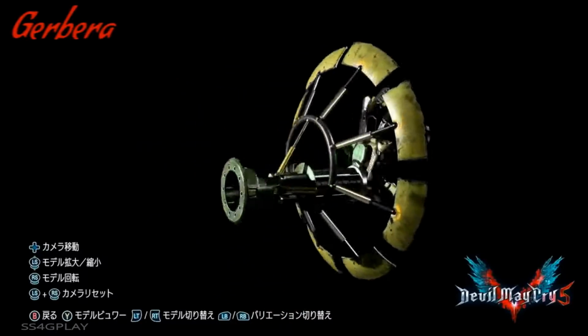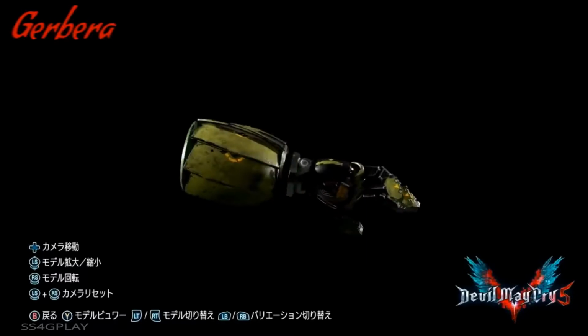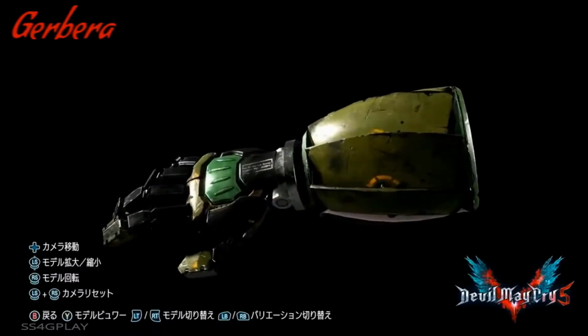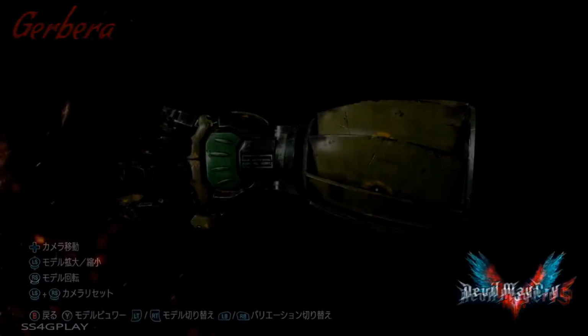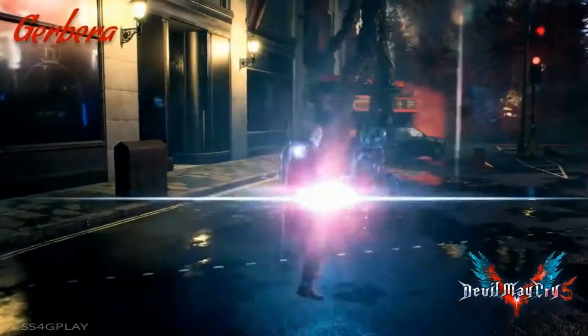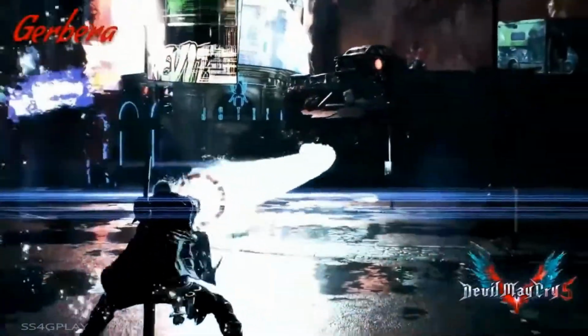And so the idea with Gerbera is that, as you can see here, when it's open like this, when it's doing its Break Gauge moves, which are the kind of charge moves that you can do with the Devil Breakers, it's supposed to look like a flower called the Gerbera. So that's where it gets its name from. And then as you can see here, the Break Gauge move, the power move for this, there's two of them. This one here is called